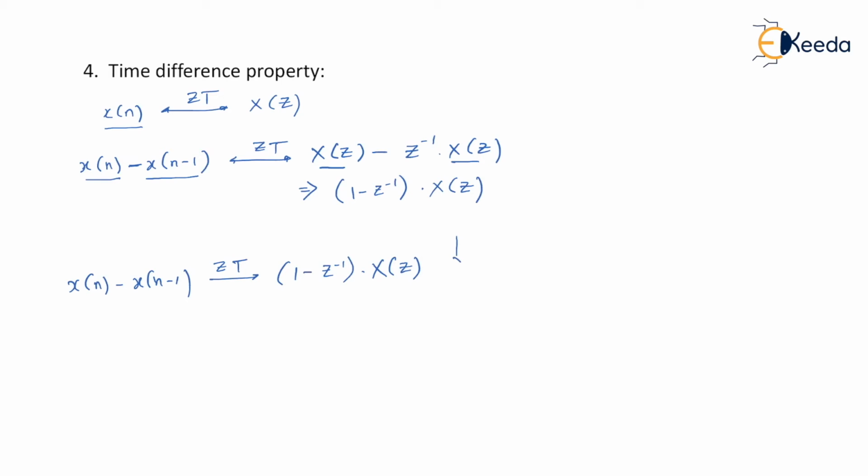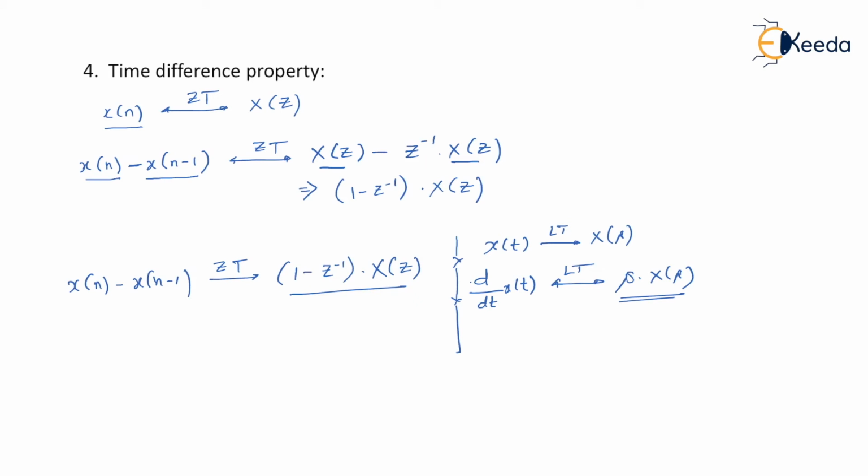Let me remind you, in case of Laplace transform, we don't have a time difference equation there. When it comes to Laplace transformation, we deal with signals which are continuous in nature, or continuous time signals. So in case of a continuous time signal, we take a differentiation and not a difference equation. Let's say we have signal x of t whose Laplace transform is x of s. In that case, d by dt of x of t, that is the time differentiation property, will have Laplace transform as s times x of s.